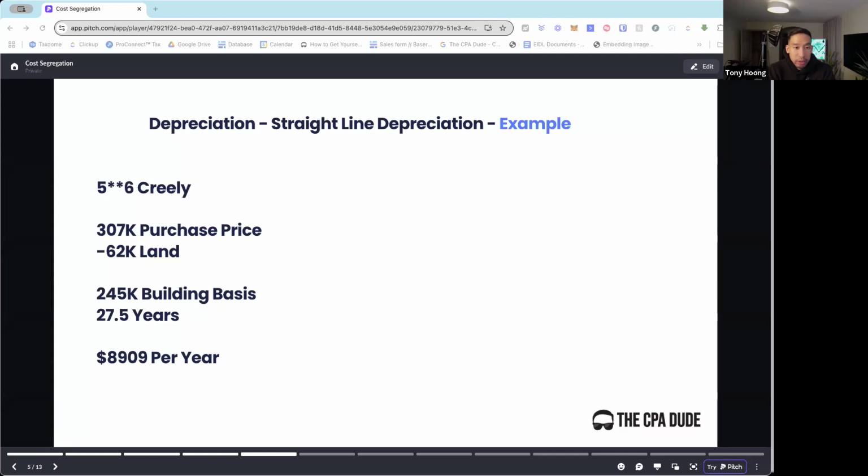And it's not a ton that you get here, but it's better than smaller amounts if you didn't invest in real estate. So straight line depreciation, very easy. Take your purchase price, subtract out land, divide by 27 and a half. Very slow, it'll take you 27 and a half years to recoup your purchase price minus the land. So you have your basis. So it's not bad, not great. It's still better than nothing. And it's really why real estate is such a great investment vehicle for investors to pay zero to little taxes